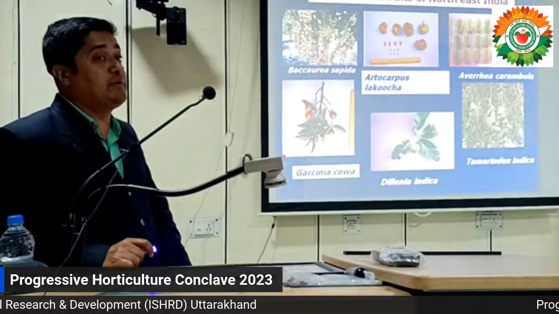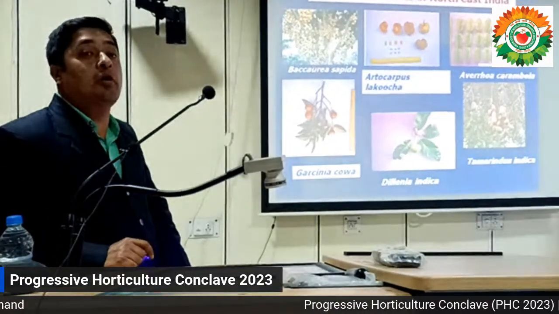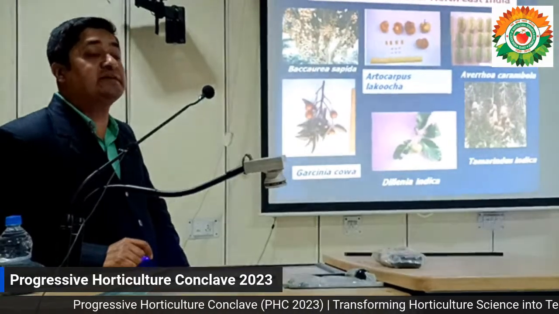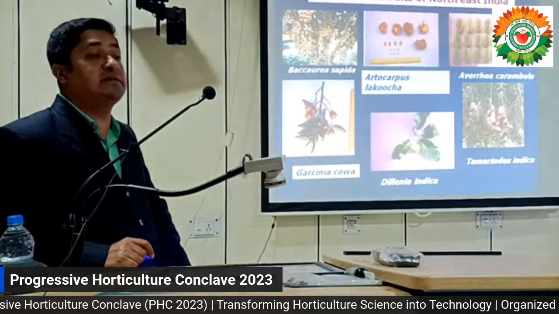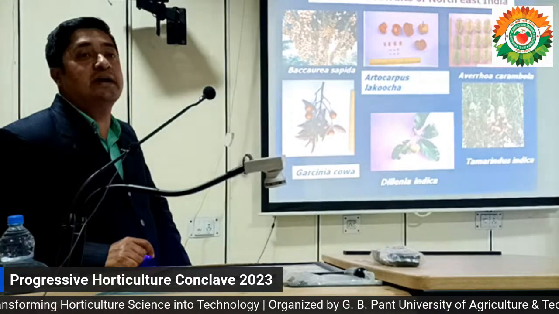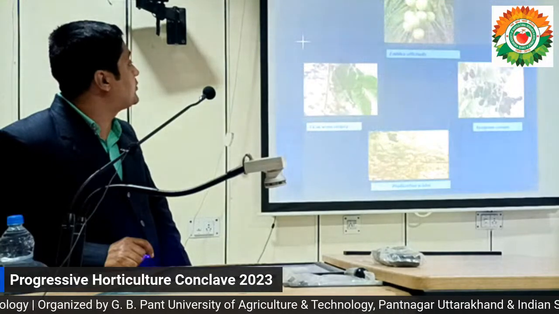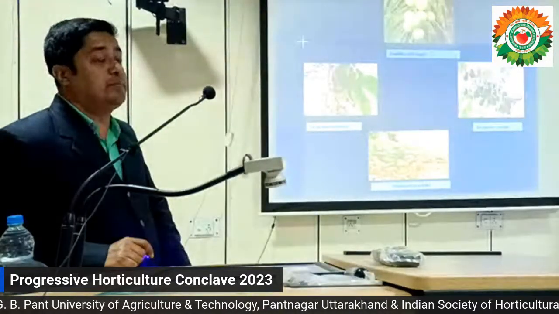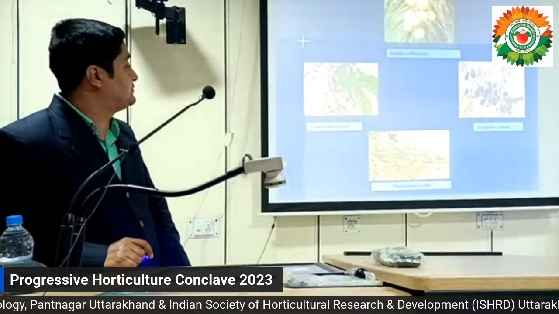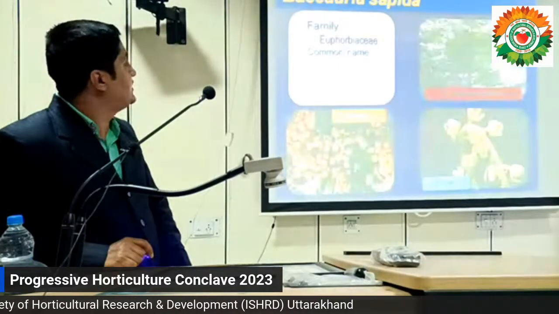As I mentioned in my previous slides, one of the major sources of these horticultural crops is the backyard or bari system. Each and every household of the northeastern region, in the backside of their house, used to cultivate one or the other types of these underutilized fruits. Among them, some are very promising and have different medicinal properties as well as very high nutritive value. So these are some of the underutilized fruits in this northeastern region.